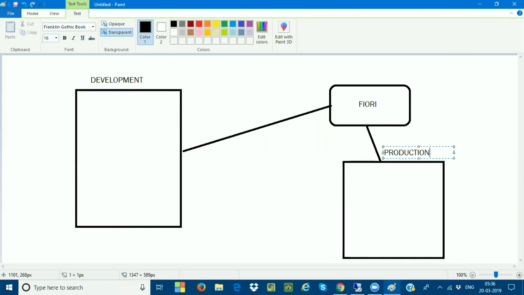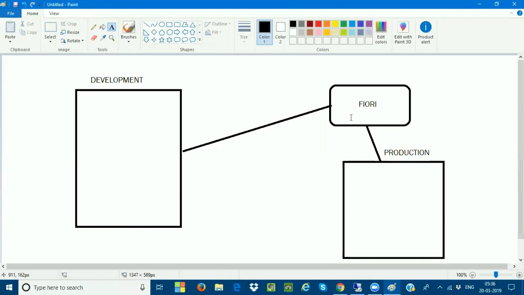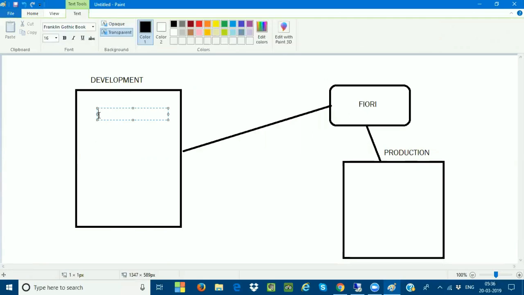Now they have to make a connectivity of your Fiori to the production, or make a connectivity of the Fiori to the development. Very, very important here. If any connection is missing, yes, you have access to log on to the Fiori, but we assume that in the development, whatever house banks are created, just now I created one house bank called the National Bank of America. This is the house bank I created, and I am able to see it directly in the development.